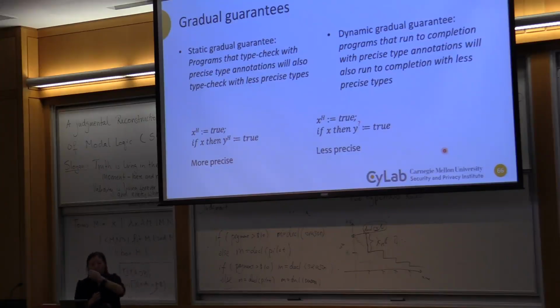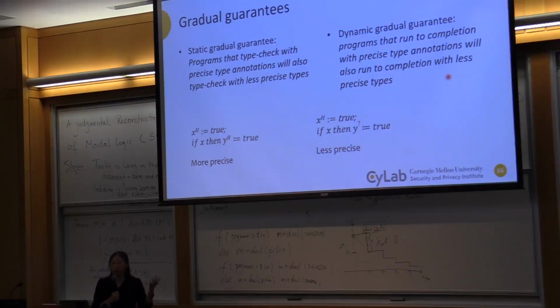I'm going to introduce a guarantee that's actually hard to satisfy for some of the information flow gradual type systems. This guarantee is called the gradual guarantee. Obviously not every gradual typing system satisfies this, but this is a desired property, a good gradual type system should satisfy. Let's focus on the dynamic one. The idea is that if I have a program that can run with no problem with the programmer giving me all the labels, now if the programmer got lazy, didn't annotate some of the labels, I shouldn't terminate that program. So that's what this dynamic gradual guarantee means.